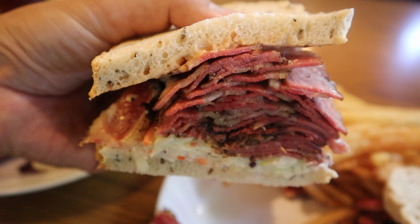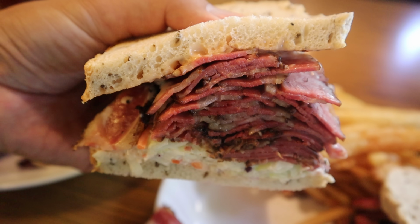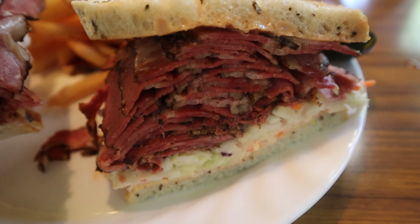Benjie Special. I heard a lot about this one. Let's go. Be sure to have the napkins with you. Yep, the Benjie Special. This is the one you gotta get. I just love the crunchiness and the sweetness of the coleslaw inside, as well as that taste of the Thousand